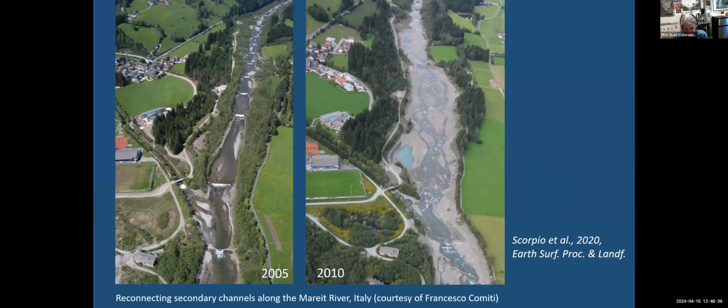And of course, an example of trying to reverse some of that, even on a limited scale, is a project from the Dolomites in Italy. On the left, the 2005 image, you can see a series of check dams, and there's a lot of bank stabilization. You can see the floodplain has land uses and communities. This river would be naturally braided, and when people proposed to restore it to this, there was a lot of resistance from the local community.